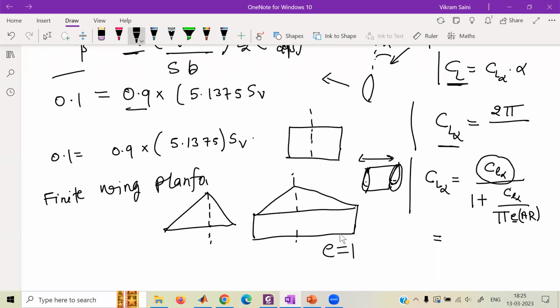Does anyone have an answer? What kind of planform area, when you look from the top, will have efficiency factor 1? An elliptical wing, sir. Yeah, absolutely. So let me make an ellipse here. If you look at the wing from the top and it looks like this, you have an efficiency factor